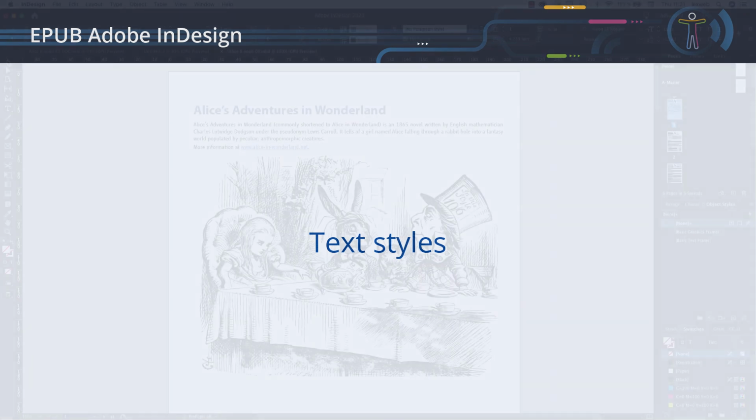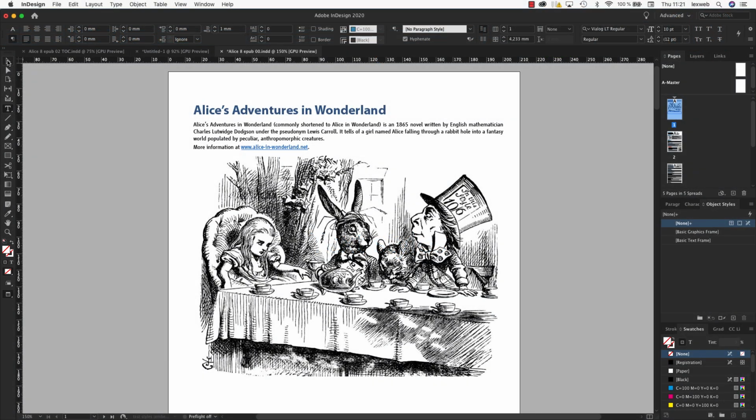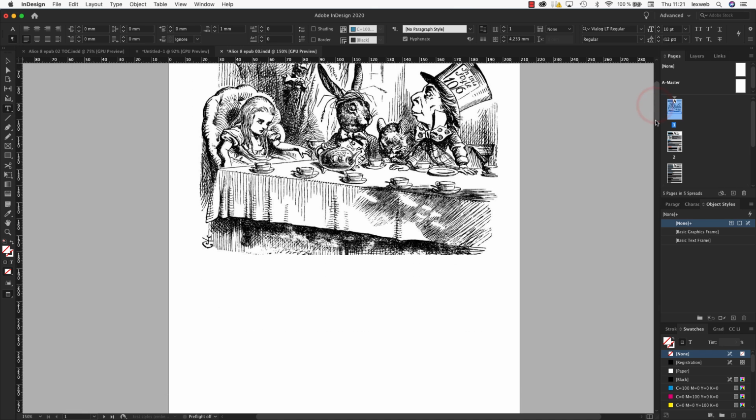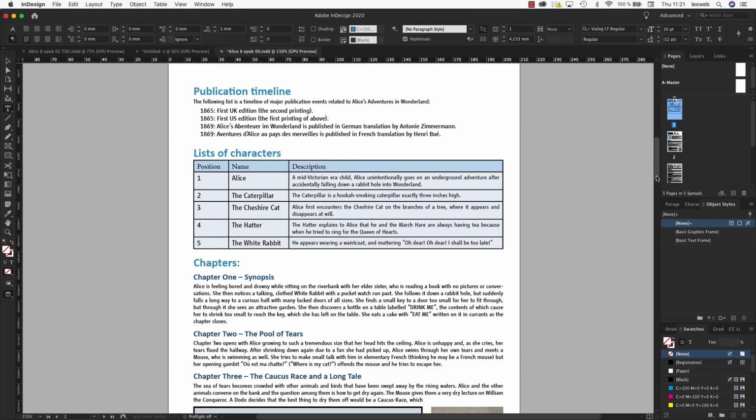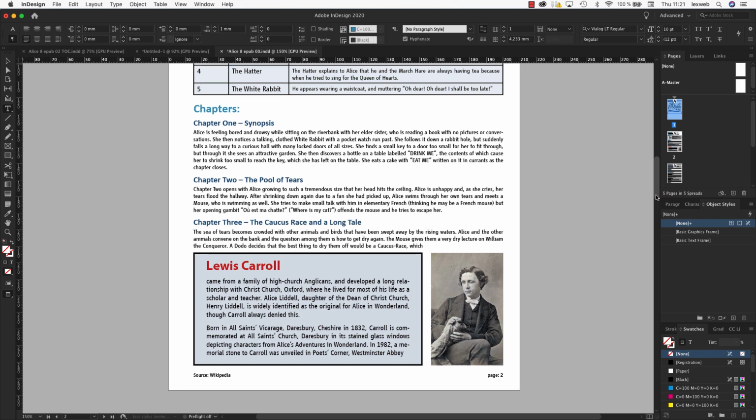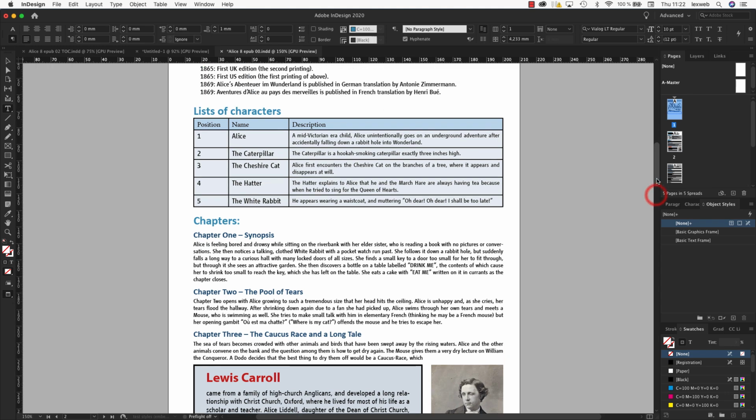Text styles. It is time to start InDesign and open our example document. We can see that this document contains information such as headings, which present the structure of our document. The text uses links, which can guide the user to a website. We can see images, which need alternative text. Furthermore, we can see a list and a table. Beyond this, there is a complementary block of information, which offers more information about the author of the document.